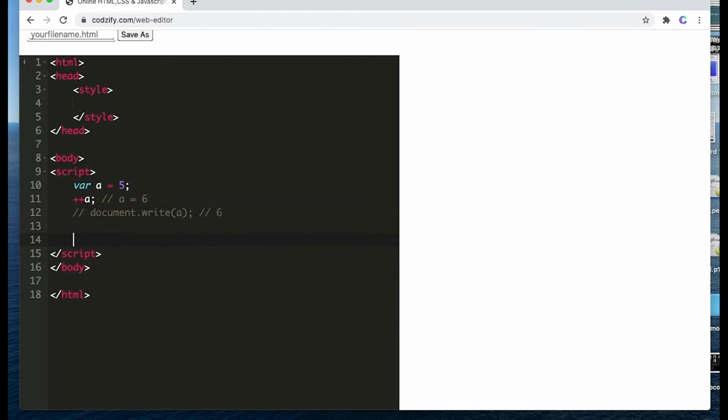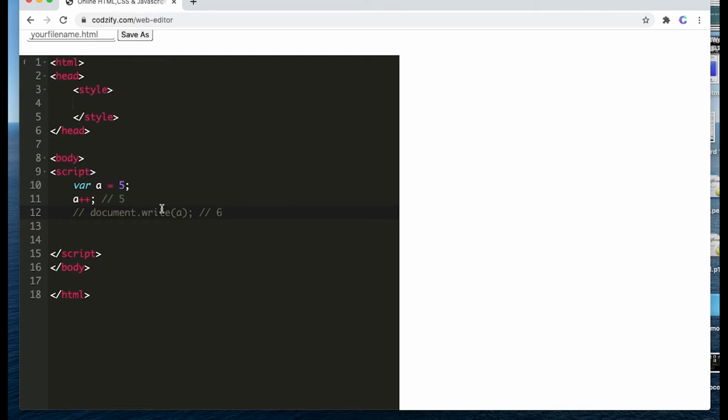So the basic fundamental is, if the prefix operator is used here, the value will be incremented first, and after that it will take the same value. But in case we use the postfix operator, then on the same line it will keep the value as same, but it remembers that the operation has been applied. So whenever it finds a on the next line, it will print the incremented value.